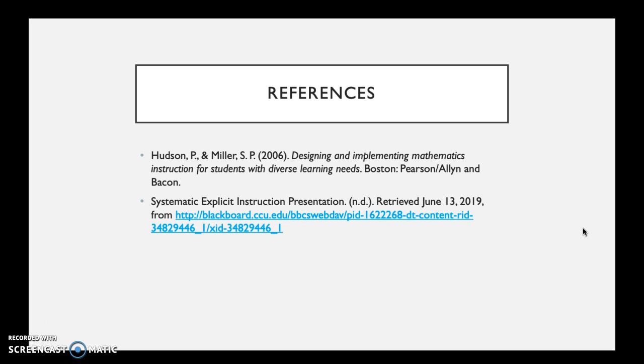Explicit teaching has a multitude of facets that must be navigated. Each facet is meant to build upon a student's knowledge and provide the students with the skills to be successful in